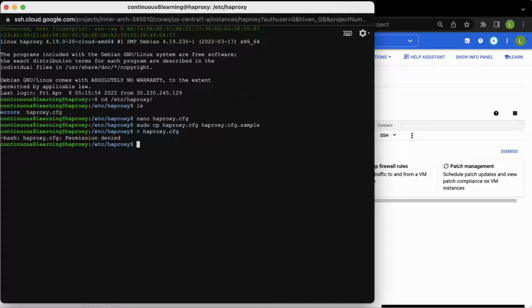But we should also have write access for this. So, sudo chmod to give read and write access to all users for the HAProxy file. Then, to write in the file, we'll use the nano tool, sudo nano